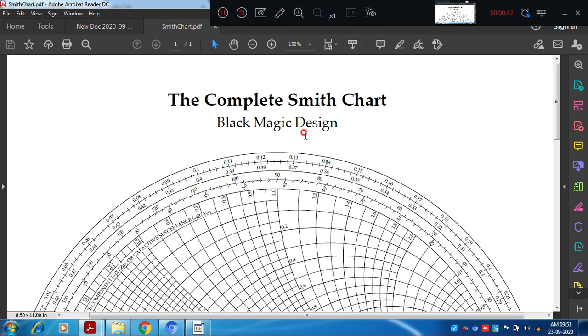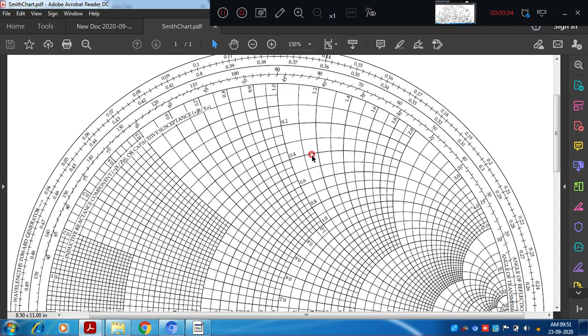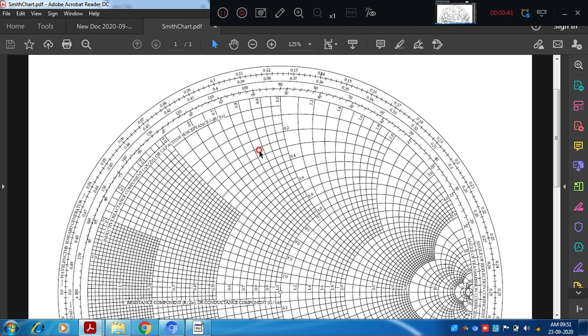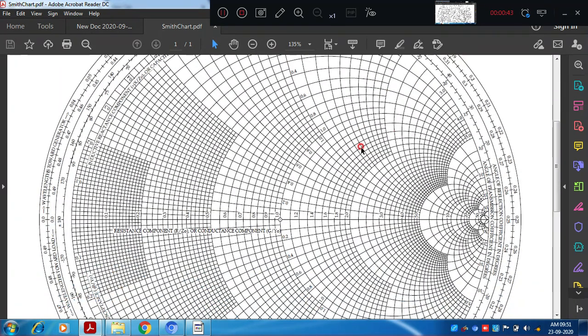See here, this is actually the Smith chart graph. So in the exam, if they ask a numerical on this, the numerical has to be solved on this graph, right? In the last class discussion, I explained that the Smith chart consists of constant resistance circles as well as constant reactance circles.